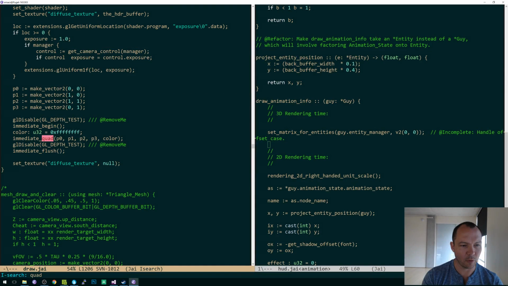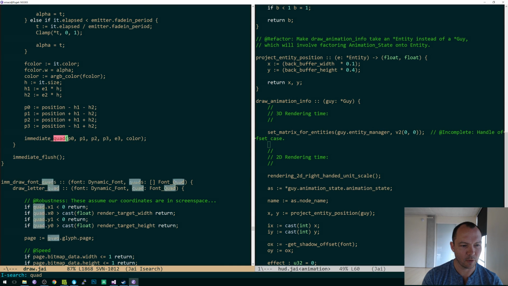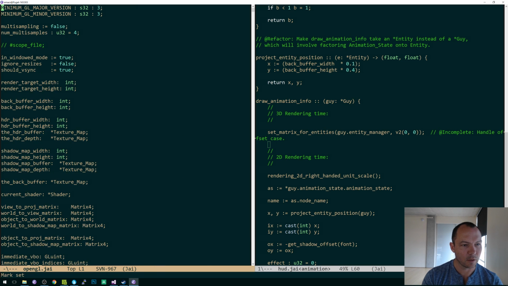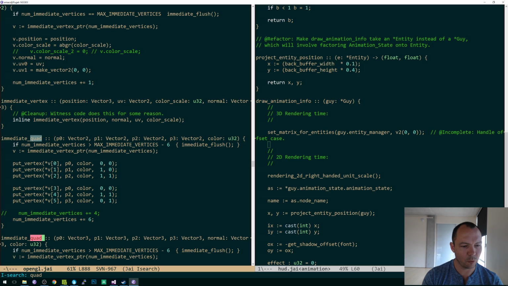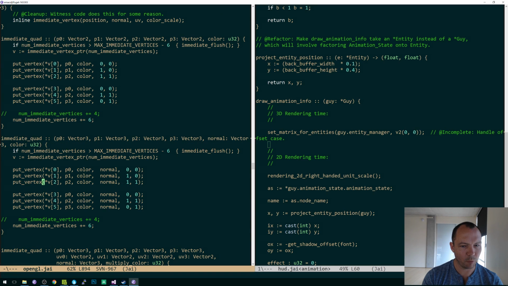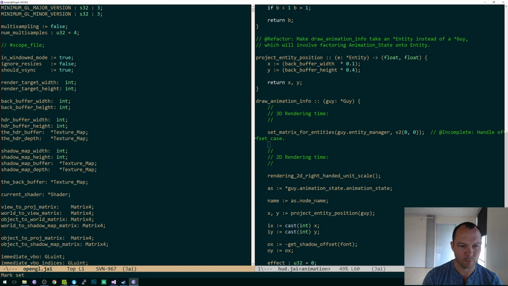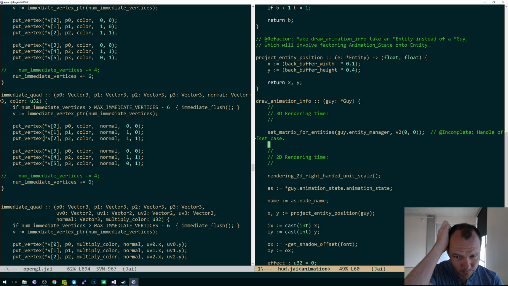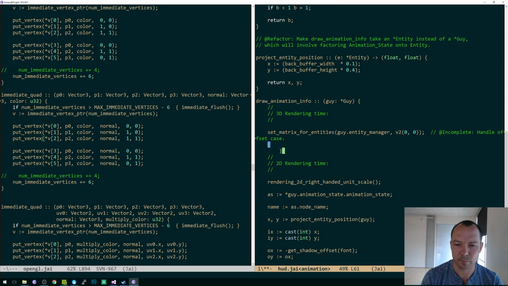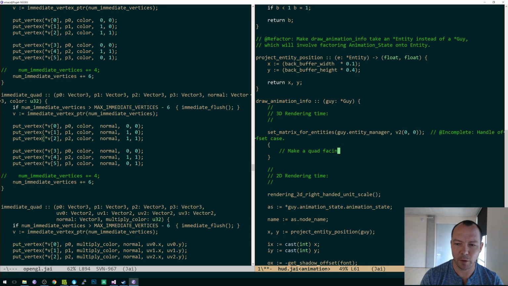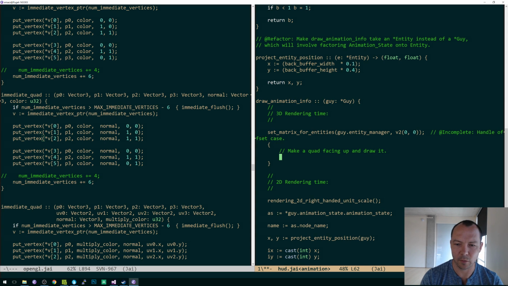I have various routines that draw quads. Well, so vector 2s, vector 3s with a normal, let's do that. We've got to set the shader. Whoops. Make a quad facing up and draw it. I'm going to say the radius of the quad is like